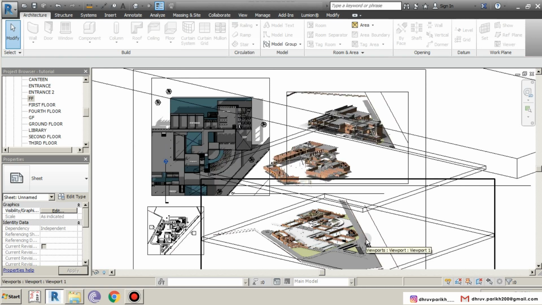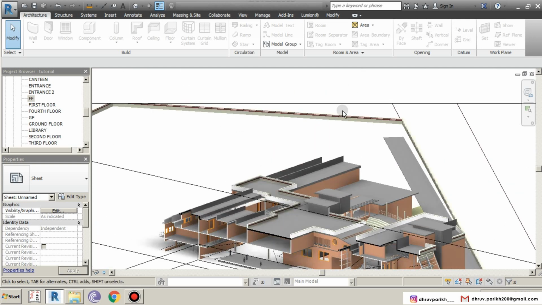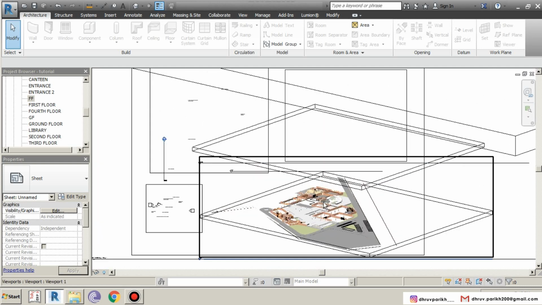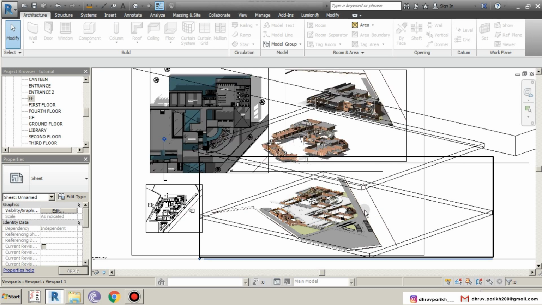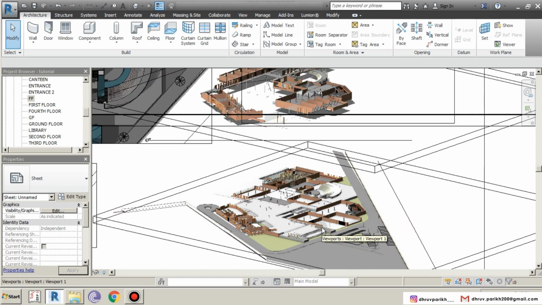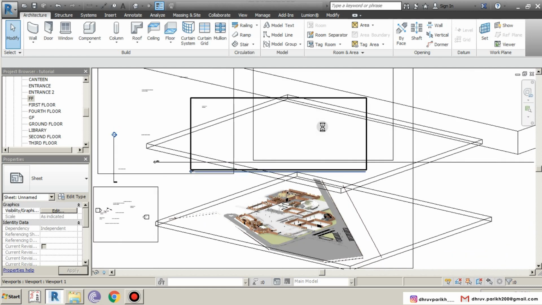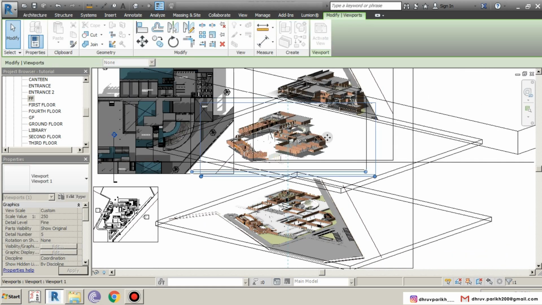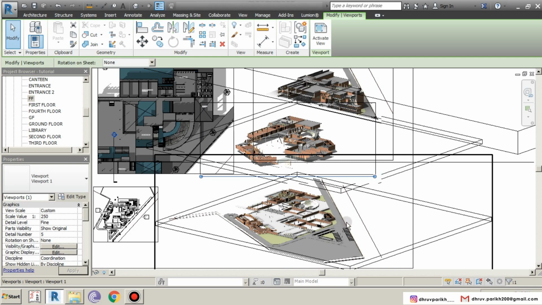When you export your sheet, these section boxes will not be visible, so don't worry. See if it is aligned.